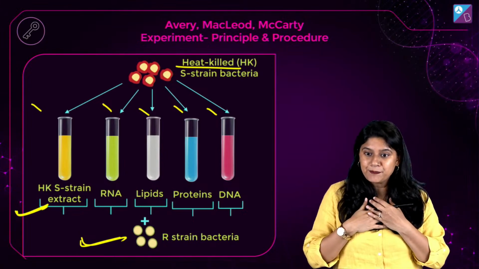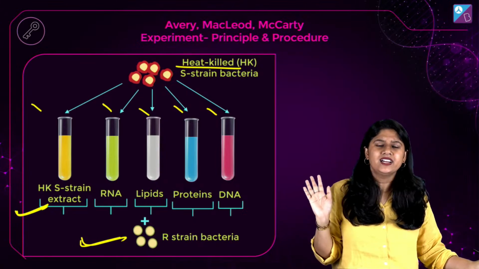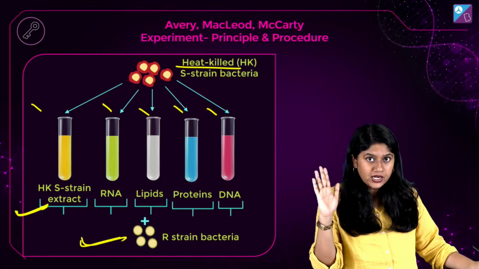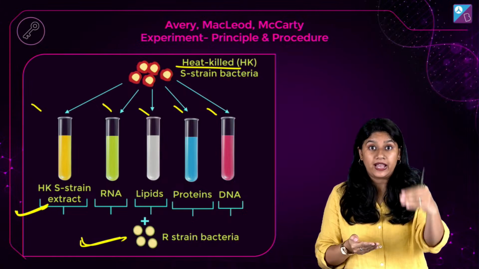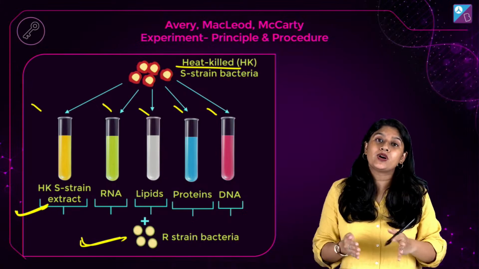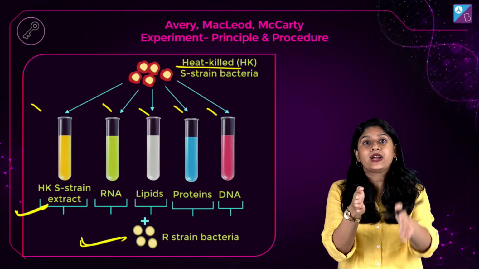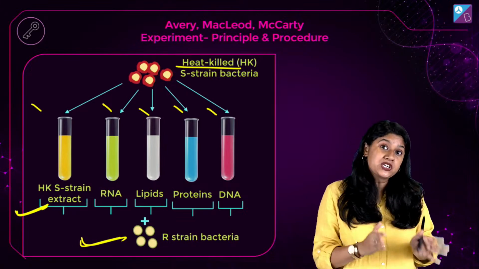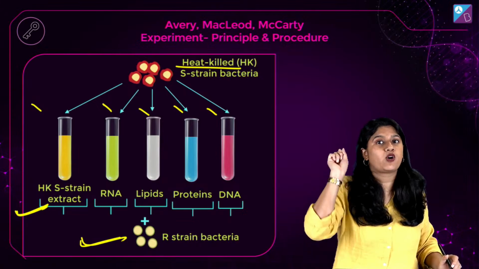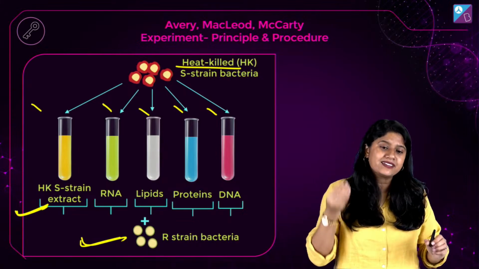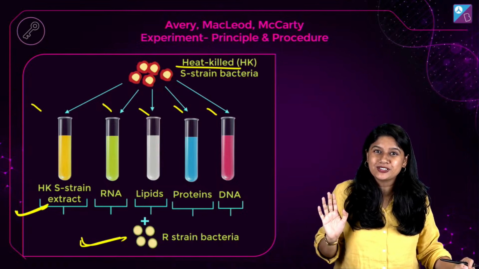See, for example, if you and I are scientists and someone tells us, okay, this is something that I did, do you think you'll be able to believe it? No, right? We will repeat the same steps again to find out whether what the scientist did was correct, or if there are any gaps, we will try to find the answers for it. In this particular case, these scientists are looking for the biochemical nature of the transforming principle. So they followed the exact same steps that were followed by Griffith.